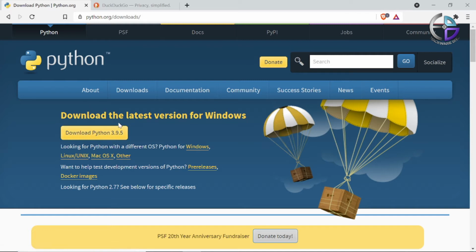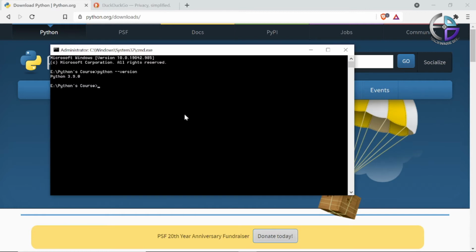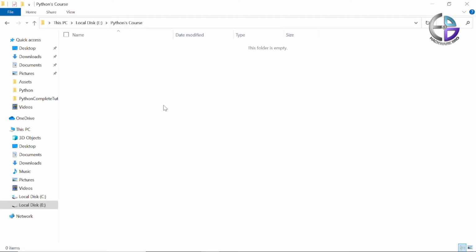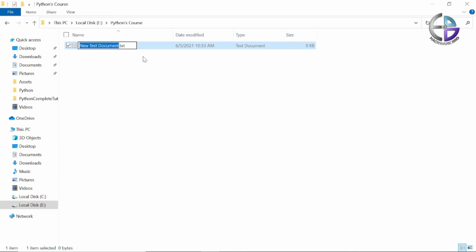So after installing Python, how can we translate our Python code into binary code? Let me discuss it further. First of all, just create any text file you want. Now you have to give it the py extension, to save it as Python code.